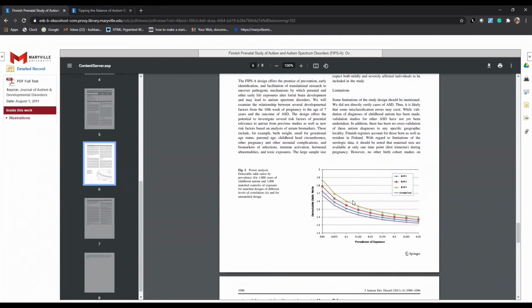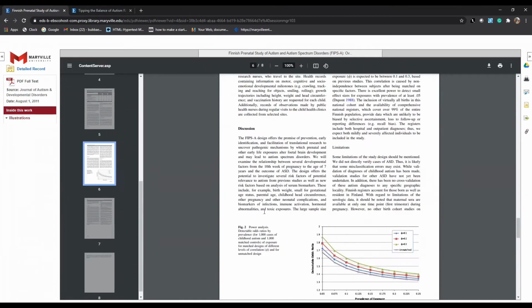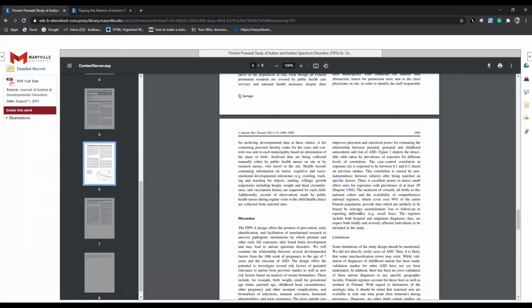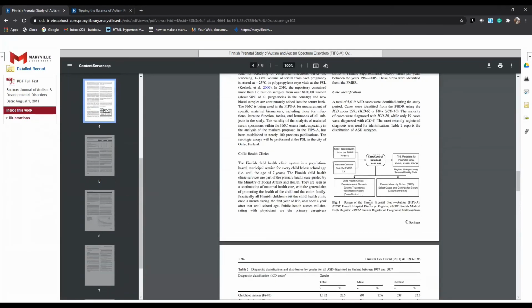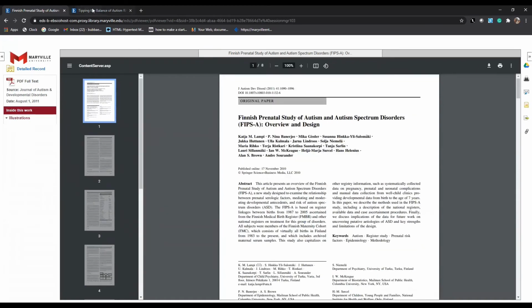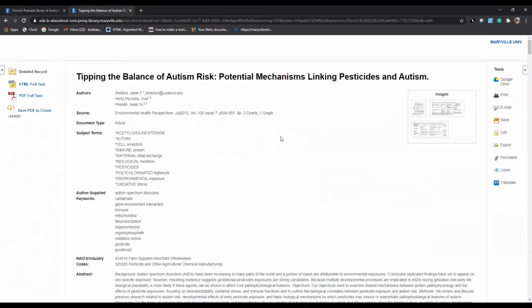So we have a conclusion, we have our table here of results, they discuss the results, they talk about their limitations of the study. A lot of good indicators that this is original research. So let's go ahead and jump over to a review article and let's see what differences we can identify right